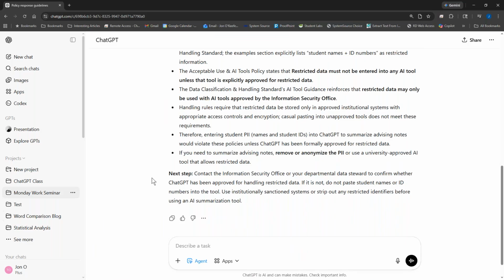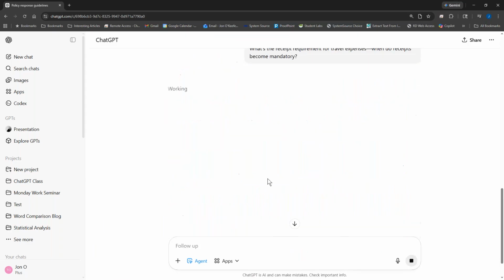Now, here's a second question, this being different. So I asked something that was essentially about what I can do with AI. Now, not all of the policies that I uploaded are about AI. Here's another question. What's the receipt requirement for travel expenses? So even though my previous question was related to the AI policy document,